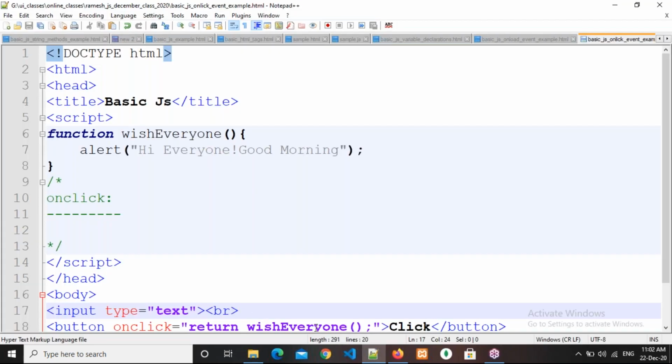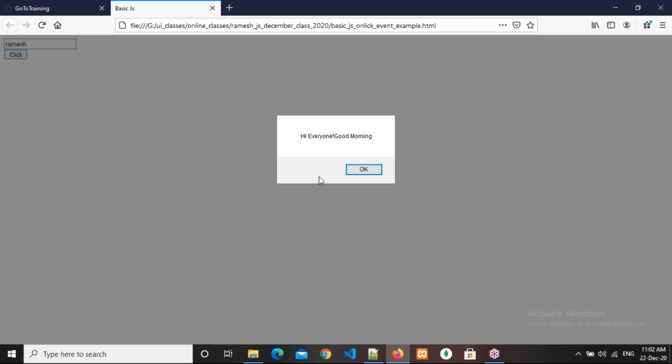So now what you need to do? Where is the data? Tell me, where will the data be? Whether it will be in a text box or in the button. Where will I enter the data? Text box. Suppose I told you to drink water in the water bottle. What do you need to do? You need to hold that water bottle or not? Then only you can drink, right?